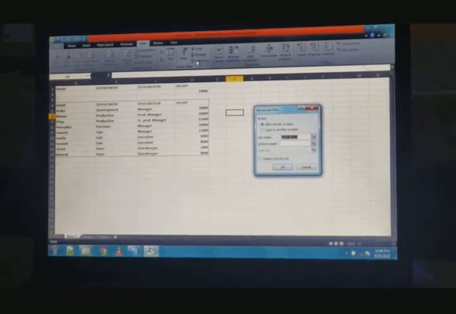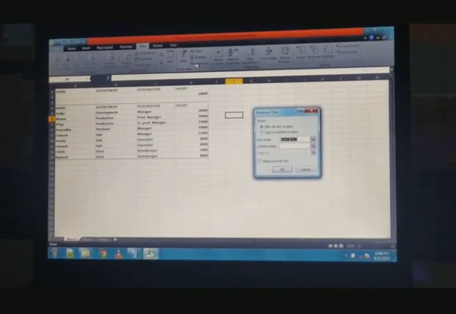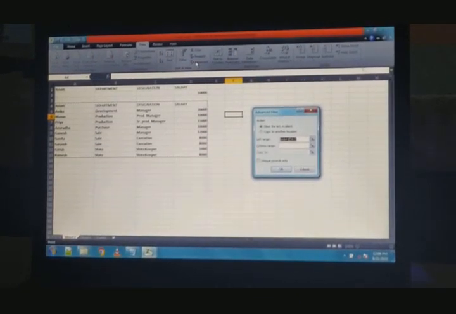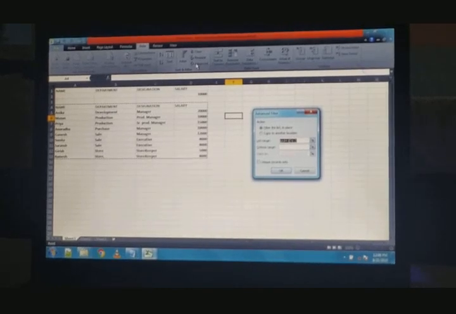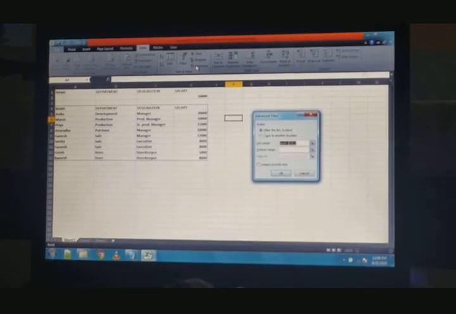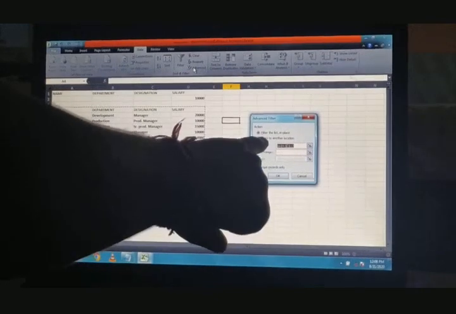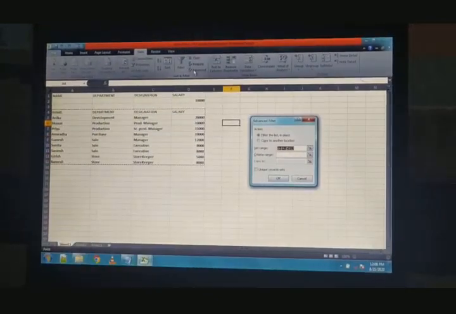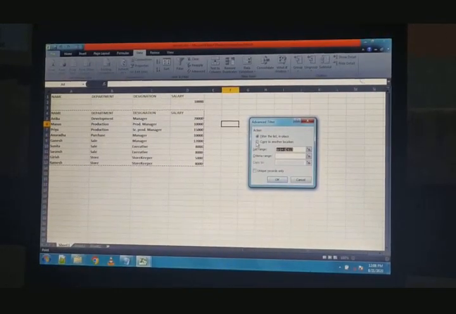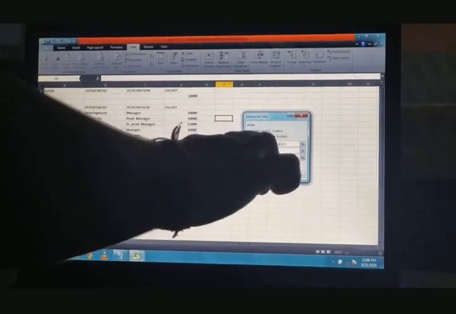First click on the advanced option. The advanced filter dialog box appears on your screen. Then select the action copy to another location. I click on that radio button.